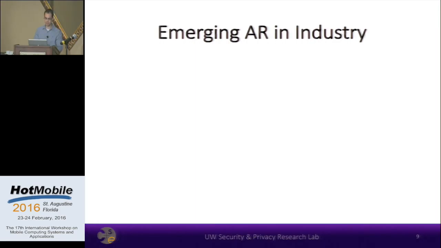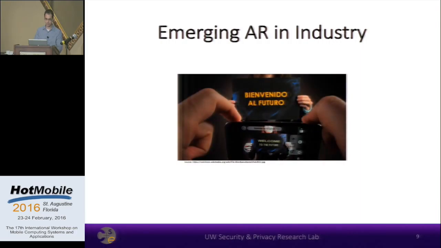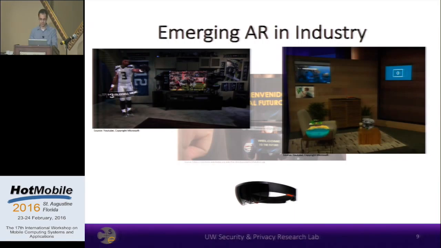Even now, in the early stages of these emerging AR technologies, we're starting to see their potential capabilities, from relatively simple activities, such as real-time text translation, to more immersive multi-application settings that blend virtual content into a user's view of his or her physical environment, as seen in demos of Microsoft's new HoloLens AR glasses shown on the bottom. So on the left, we have a demo debuted during the Super Bowl that overlays a 3D animated football player into your living room with some additional information. And on the right, we have a suite of AR applications, such as a tabletop weather app, a 3D robot companion, as well as a web browser and video player.